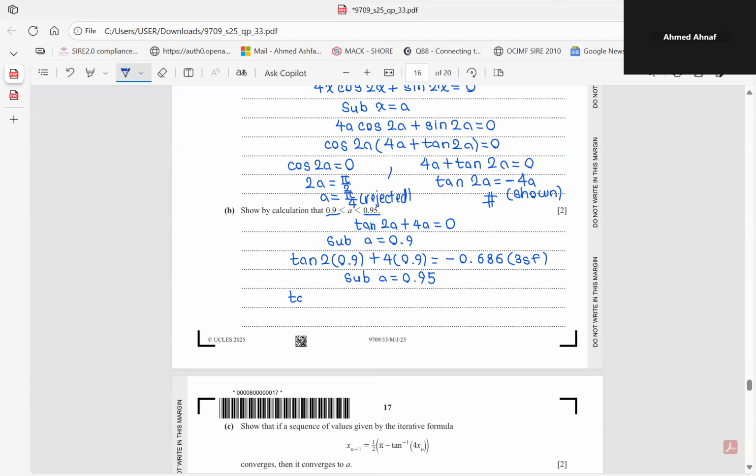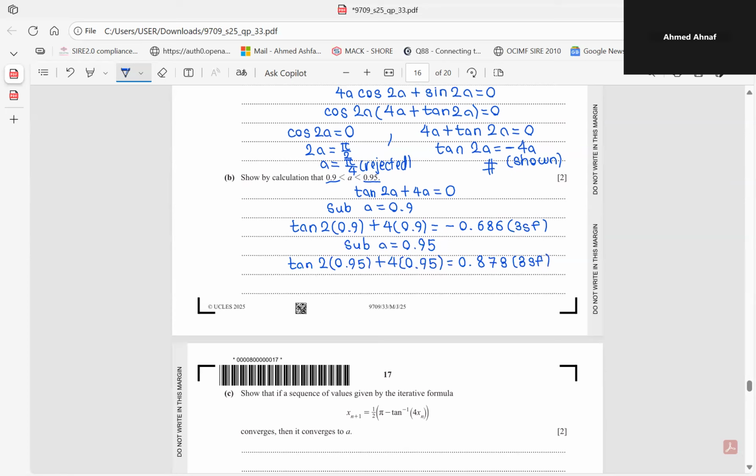And now substitute a equals 0.95. So this would be tangent of 2 times 0.95 plus 4 times 0.95, equal to 0.873 to 3 s.f. So as you can see, from 0.9 to 0.95, our answer changed from negative to positive, okay? So hence, we can say that since there was a sign change,